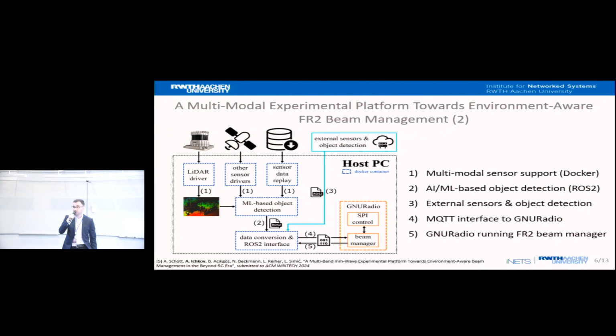There we have the FR2-compliant SPI control for beam management, where we can do full sweeps and multi-stage codebook beam sweep algorithms, so we can test all sorts of different algorithms beyond the very simple SSB exhaustive beam search.